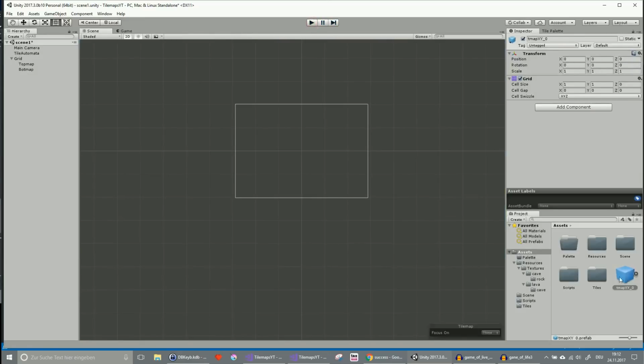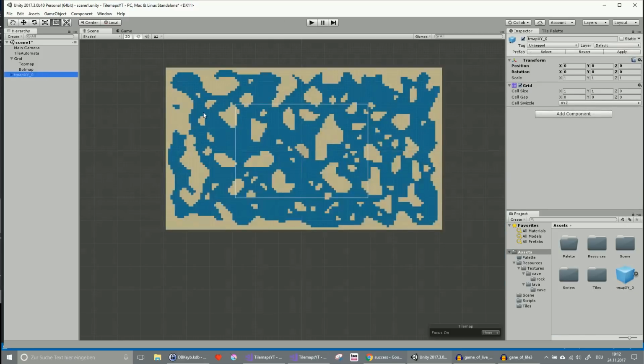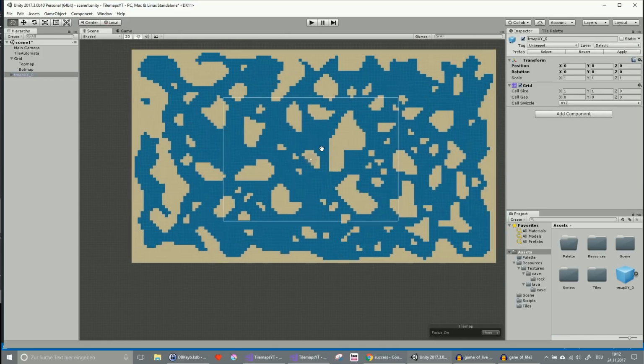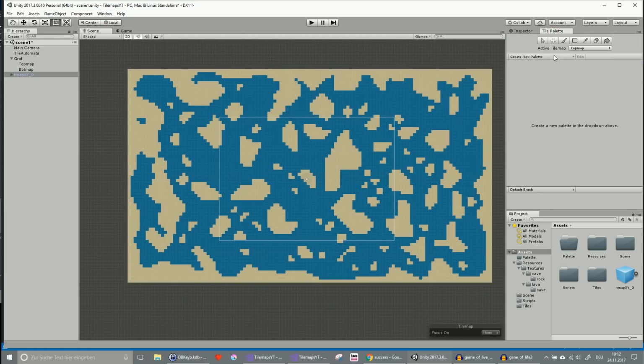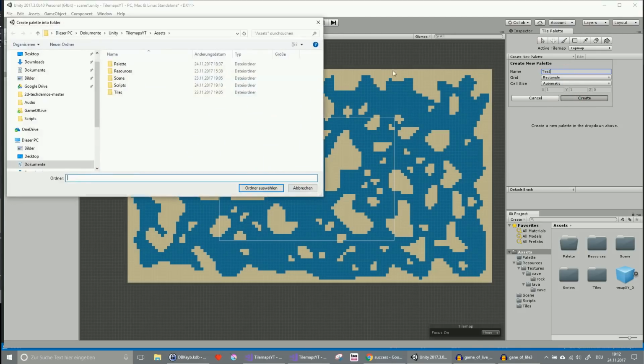Now you can find your saved asset prefab under the assets folder, and if we delete the tilemap we have now in our scene and drag in the asset, you see it there with the save name we specified